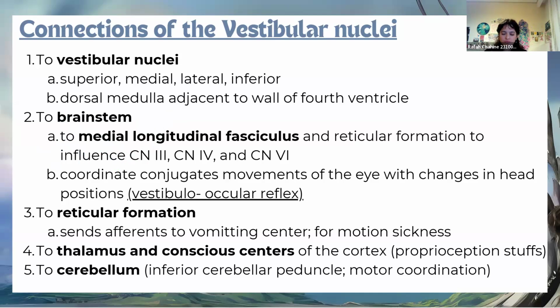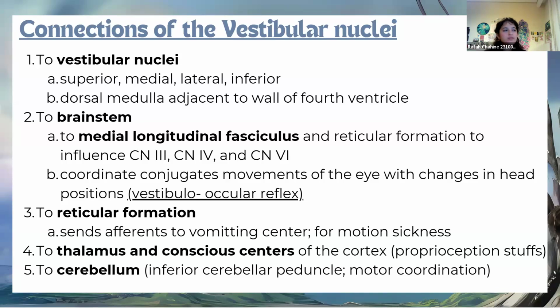Cranial nerve number 3, oculomotor. We have its control on the rectus muscles in the eye. And also we have the Edinger-Westphal nucleus, which is for, what is it? The parasympathetic pupil contraction and all that. Doesn't really matter. But also it goes to the trochlear nerve, or cranial nerve number 4, because of its supply to the superior oblique. And to cranial nerve number 6, the abducens, because of the lateral rectus, right? The reason that it goes to all of these places is, and this is a very brief explanation of the vestibulo-ocular reflex,